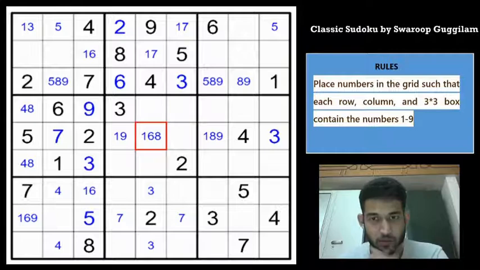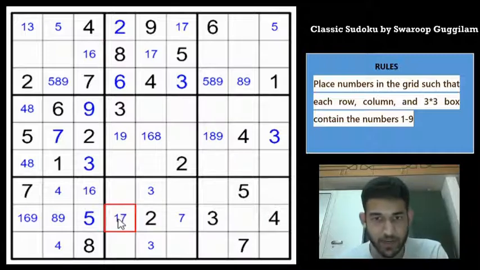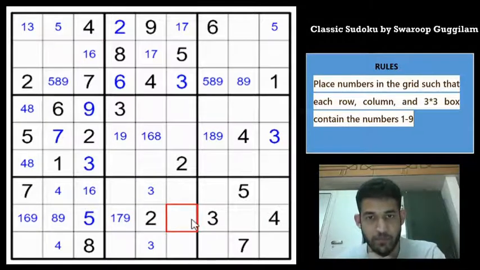Can we make any more good progress here? Let's look at row 8. 2, 3, 4, 5 and 7 have been pencil marked. Remaining digits are 1, 6, 8 and 9, right? But in column 2 you see there is 1 and 6 already, so this must be 8 and 9. And this cell can't be 2, 3, 4, 5 or 6 and 8, so this must be only 1, 7 and 9. So let us remove the stray pencil mark.